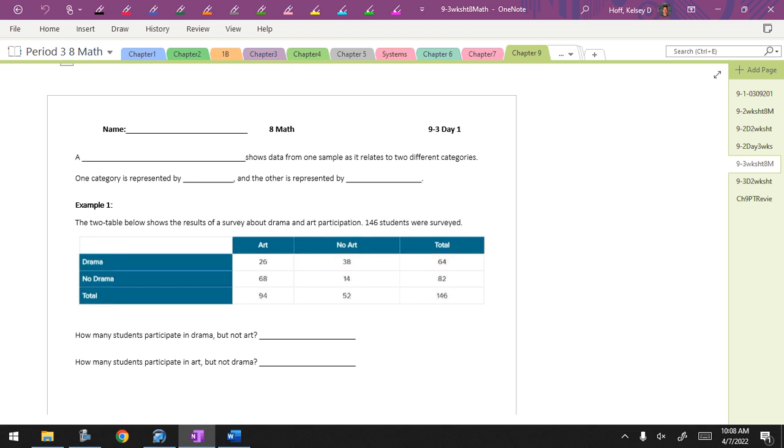deal with a new way of forming or showing data. If you can add and subtract and read carefully, you'll be fine. But a lot of people read too quickly and they get frustrated. So a two-way table